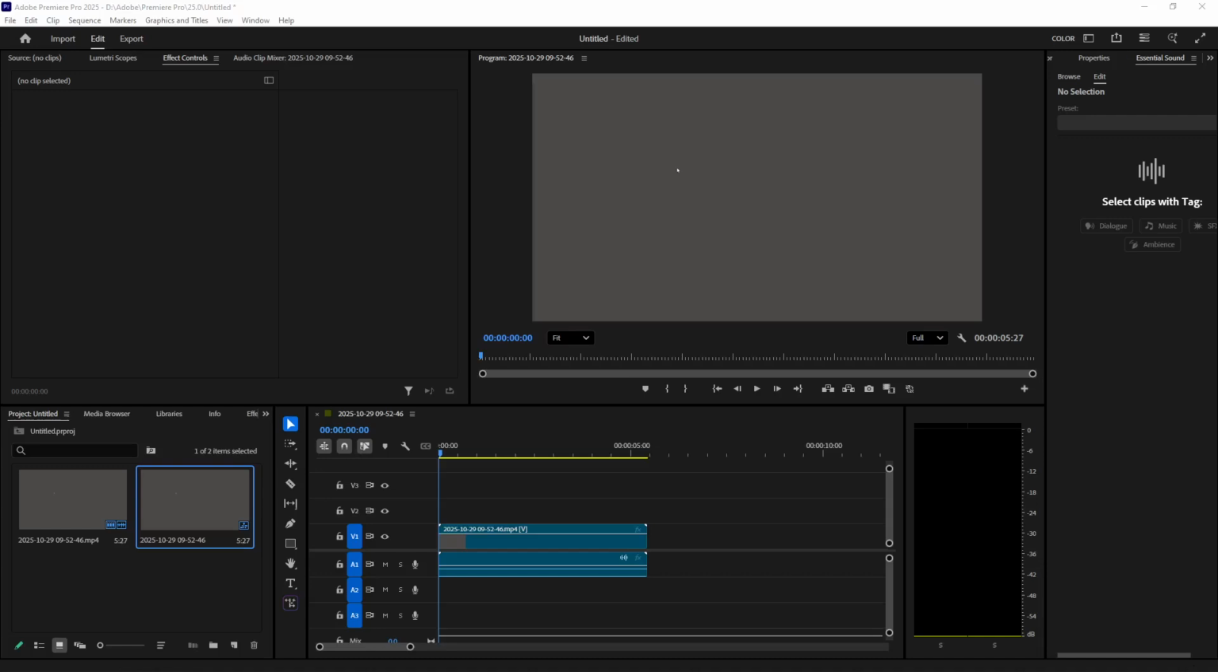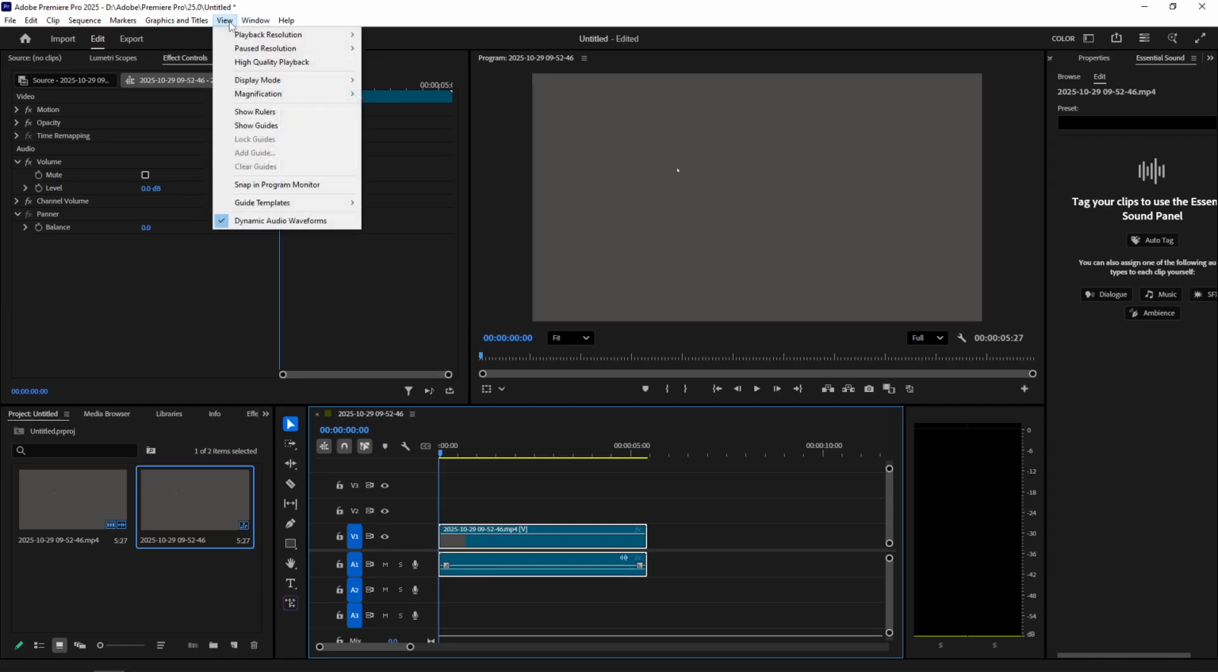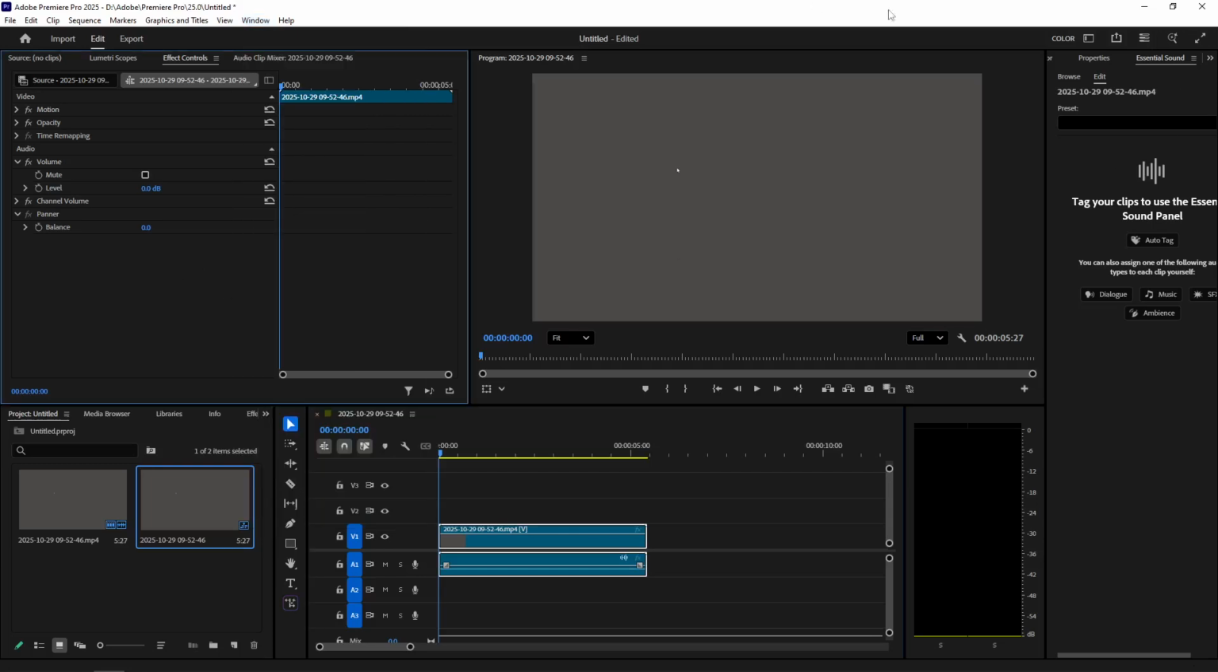First, you'll want to select the audio clip you wish to improve within your timeline. This is the foundation upon which we'll build, so make sure you choose the segment that needs the most attention. Once you've got your clip ready, head over to the top menu bar and click on Window. From the drop-down menu, select Essential Sound. This will bring up the Essential Sound panel, a powerful tool designed to help you get your audio sounding its